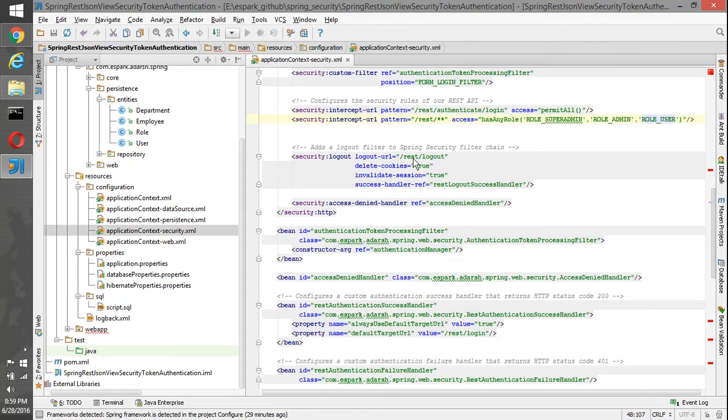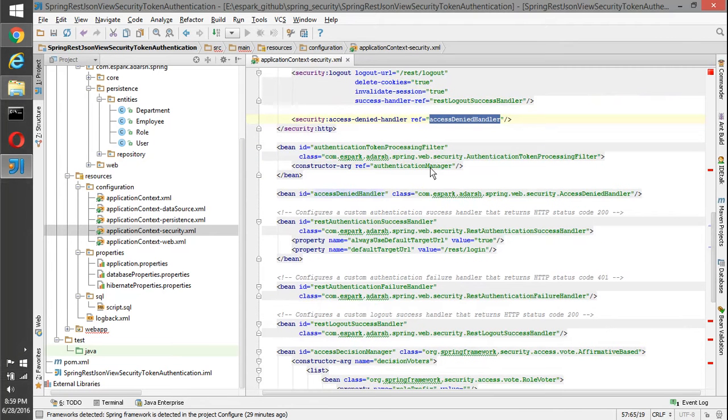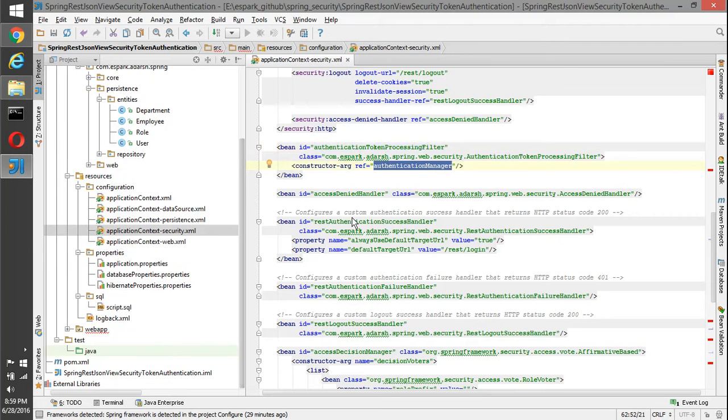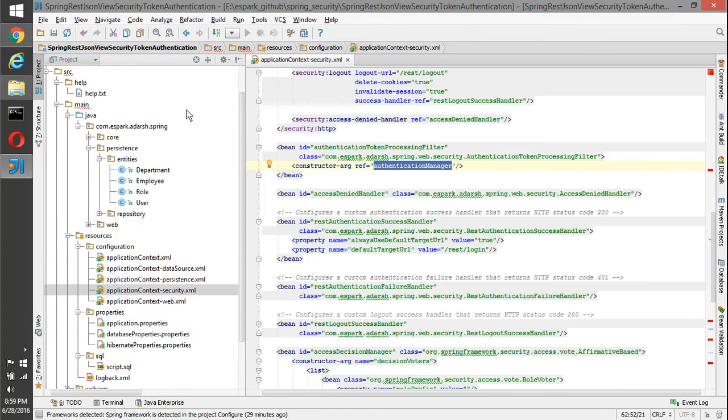Then we have /rest/logout as a logout URL for that, and then we have access denied handler here. So this is authentication token processing filter configuration here, where we are injecting an authentication manager. So I'll just hold on for a second here and then I'll go into the Java classes.